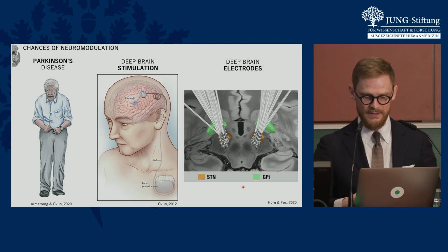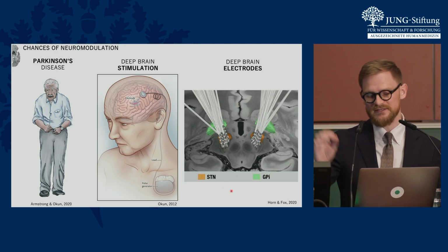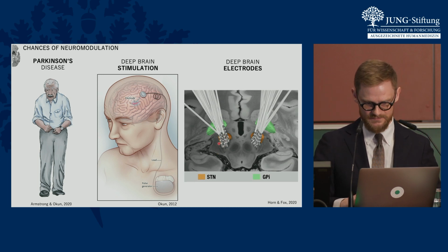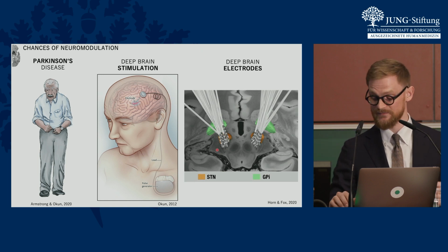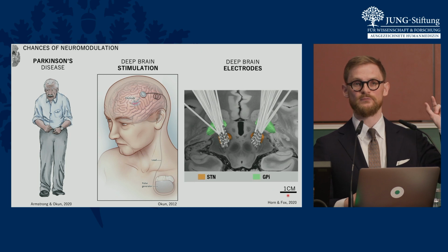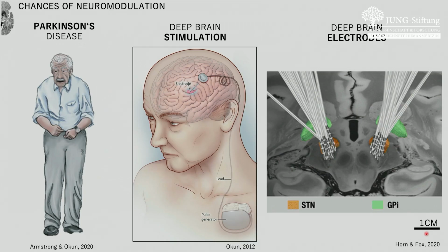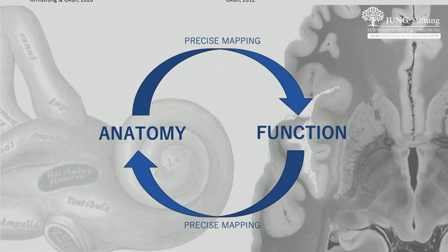This is a model. And you can see that all of these electrodes seem to be targeted to one spot, and they are. They are targeted to that orange spot, the subthalamic nucleus. And if I give you that scale bar, you can see that we are looking at a structure that is really only 1 centimeter. So millimetric precision matters and actually decides between success and failure of these interventions.